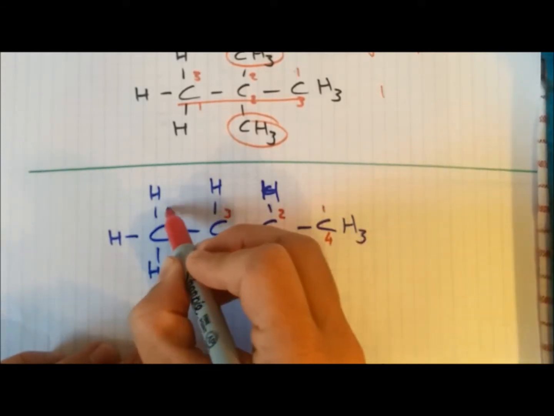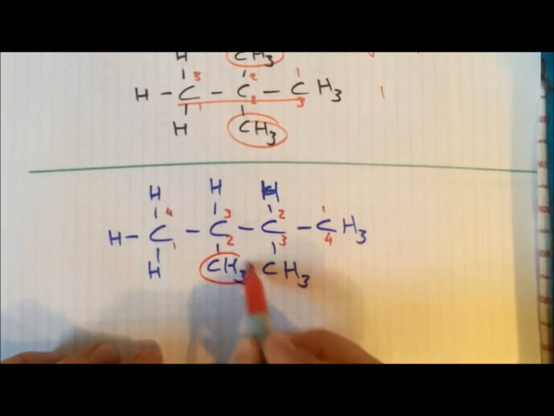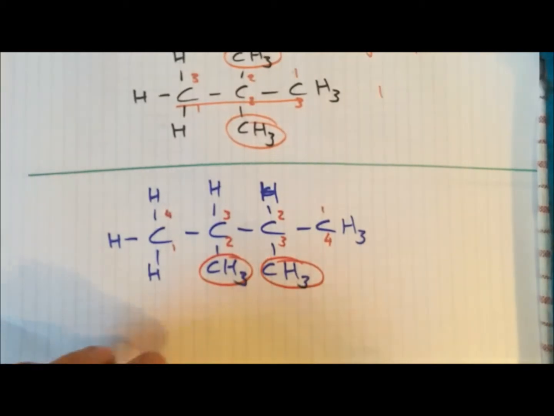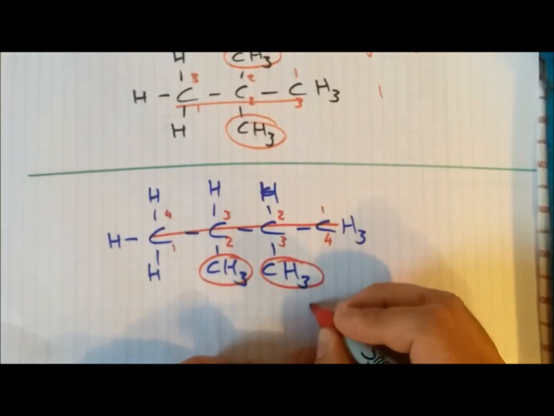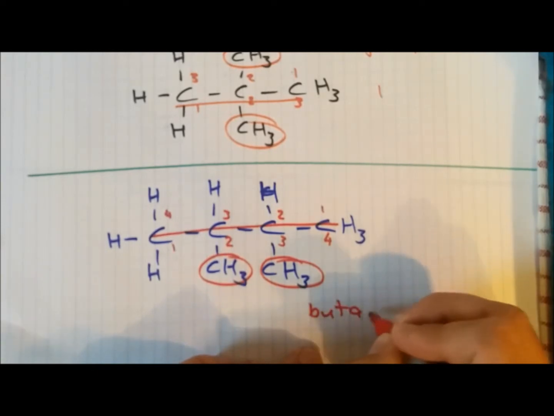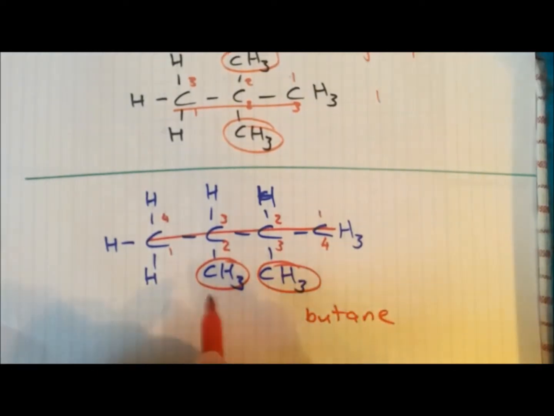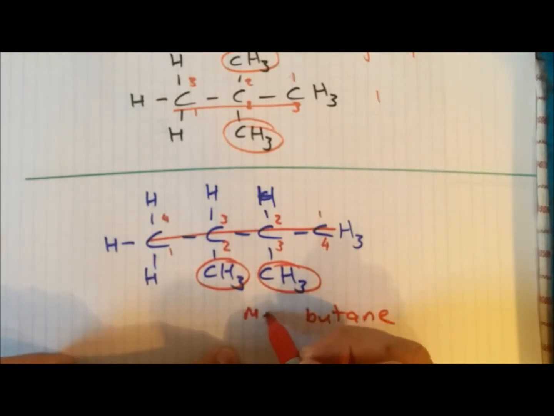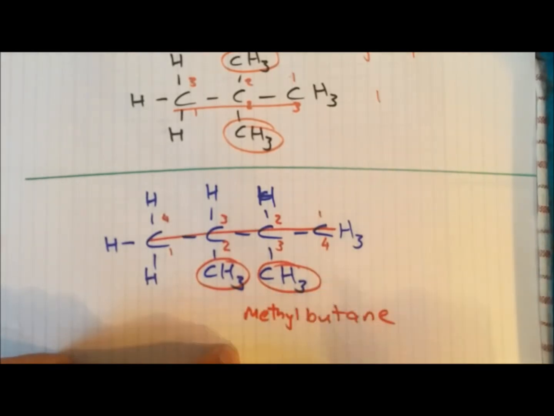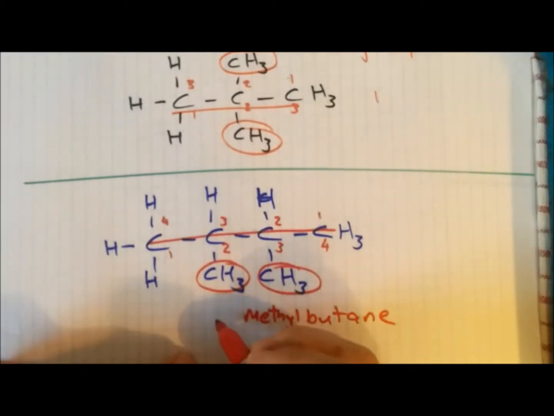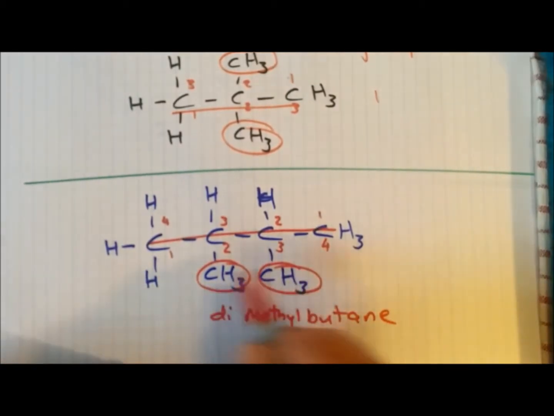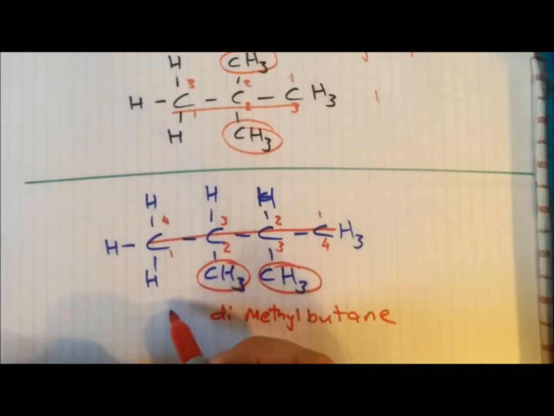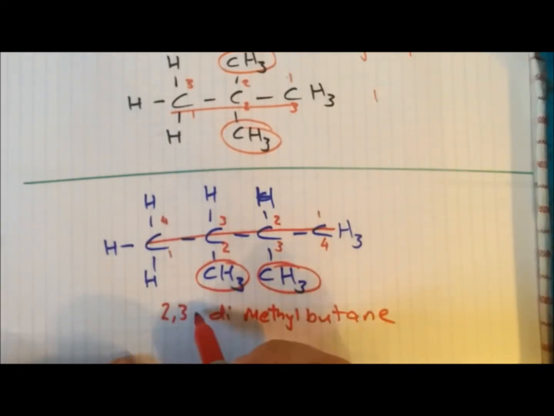The second example that I've got for you here, we can go 1, 2, 3, 4, or 1, 2, 3, 4. If you look at it, we've got 2 side chains, and the longest chain, like we just counted, is 4. So the long chain will be butane. We've got single carbon chains, so they will be methyl. We've got 2 of them, so we need to name it as di. And we also need to number where they are. So I've got 2,3-